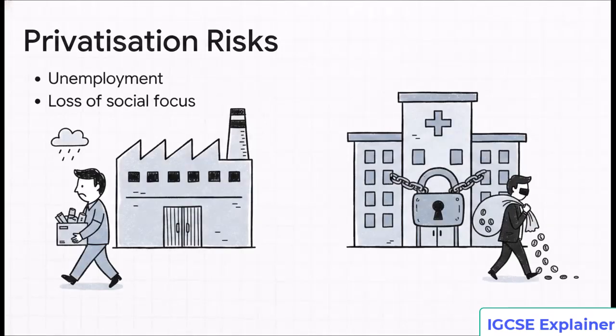But we absolutely must flip the coin here, because these shifts come with some really significant inherent risks that opponents are quick to highlight. The first major risk is unemployment. If a newly privatized firm is desperately trying to increase its efficiency and maximize that profit margin, well, their quickest route is often firing workers and cutting jobs. The second profound risk involves social objectives. Remember, the public sector is designed from the ground up to provide essential services for the good of society. When a business gets privatized, that focus naturally shifts from helping society to making money for the shareholders. Services that just aren't profitable might simply get shut down, completely regardless of the public's need for them.